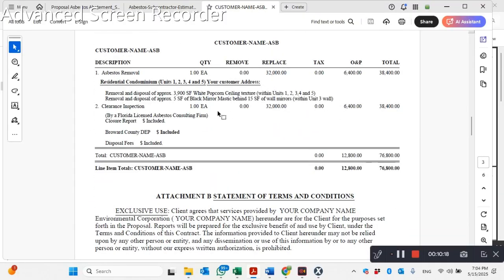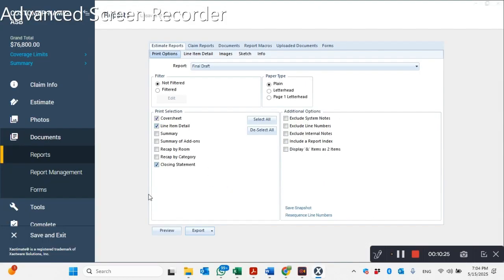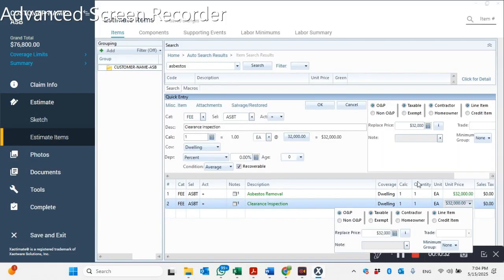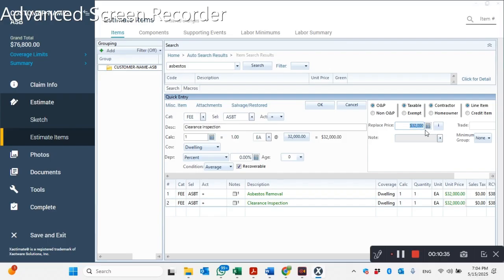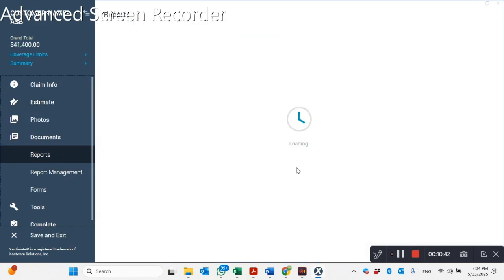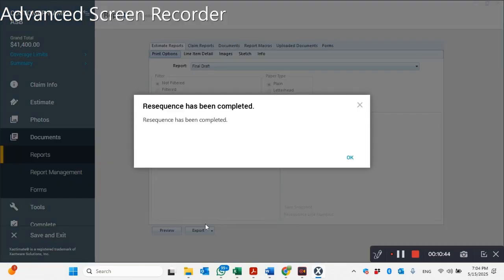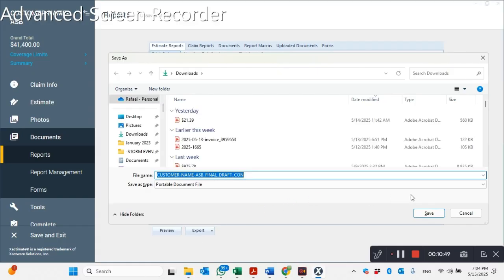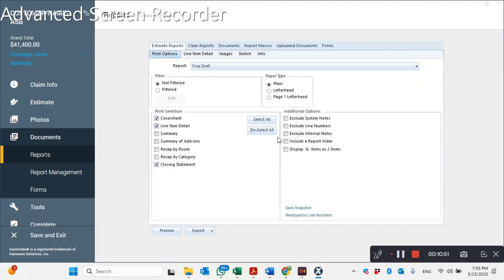But you see here is incorrect, the clearance did not change the amount, so you go back and close this estimate, go back to your Xactimate, go to documents, go to estimate items, and then change to the correct price. It should be 2500. Press OK. So now it did change. We go again to documents, report, then resequence line items to make sure that all the lines are counted correctly. We re-export the PDF,